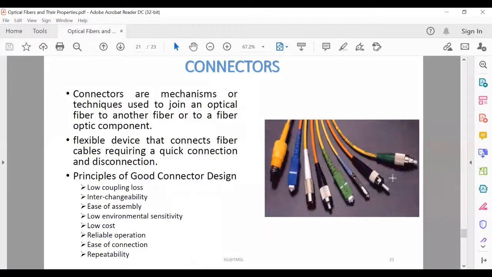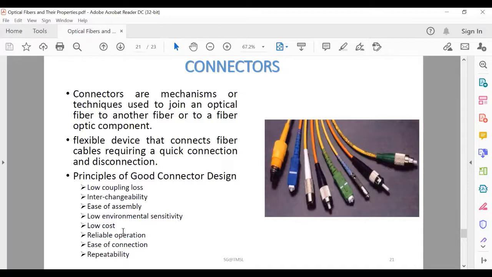Now optical fiber connectors are dissimilar to other electronic connectors in that they do not have a jack and plug design. Instead, they make use of the fiber mating sleeve for connection purposes. So there are certain principles for making a good connector, like low coupling loss, interchangeability, meaning no variation in loss whenever a connector is applied to a fiber, and ease of assembly,